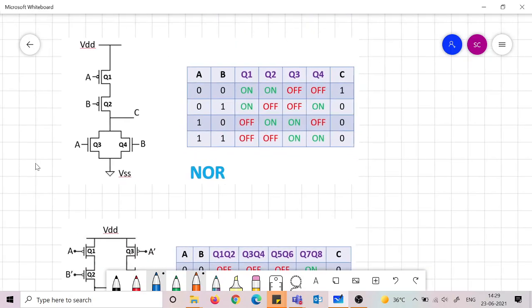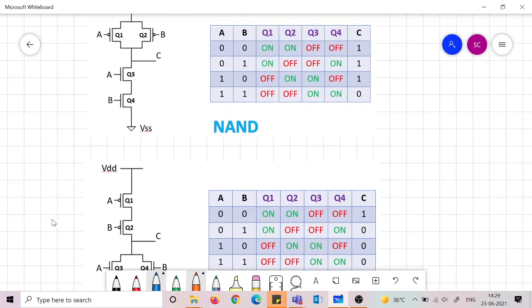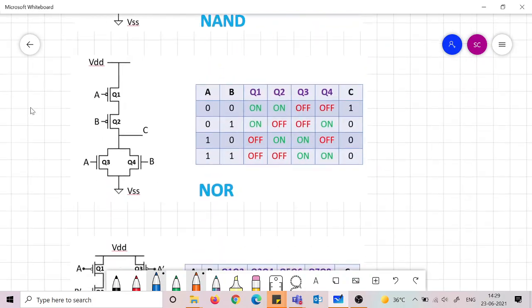Two more I will show, and that would end this lecture. So this is the NOR gate, where it is simply the complement of the OR operation. In the OR operation, when any one of the inputs is high, the output would also be high, but here the output would be low, and the output would be high only when both the inputs are low. And you see, the construction is simply the opposite; it almost looks like the mirror reflection of NAND.